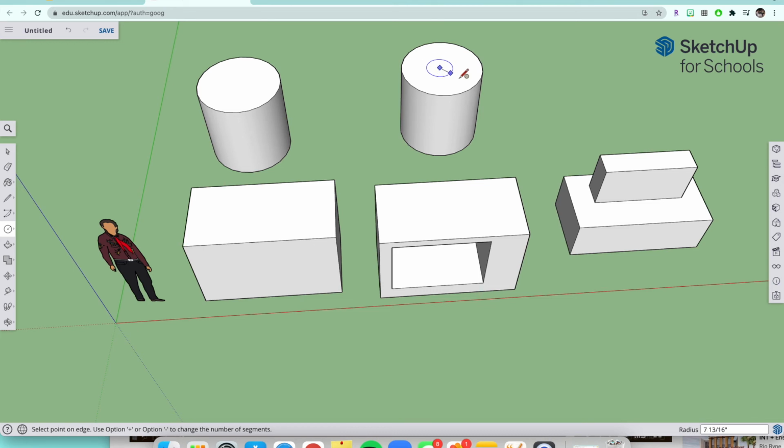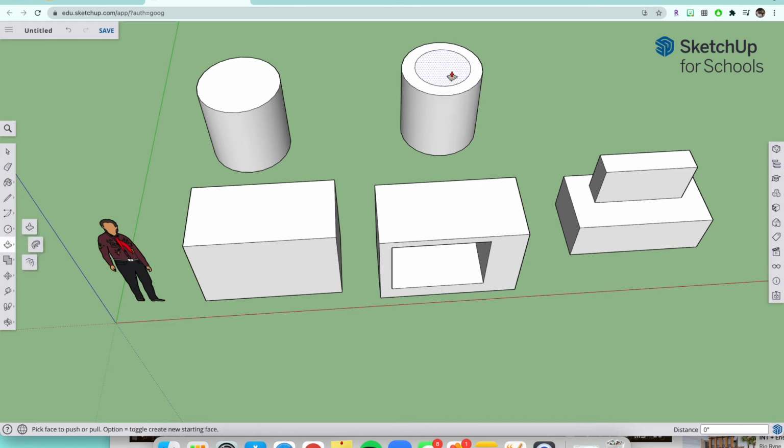If you're ever drawing something and you don't like how it looks or the location that you clicked on to start drawing, you could just click the escape button and it'll move it away. All right, so I'm going to redraw. And there we go. Now what you're going to do is click on the push-pull tool,